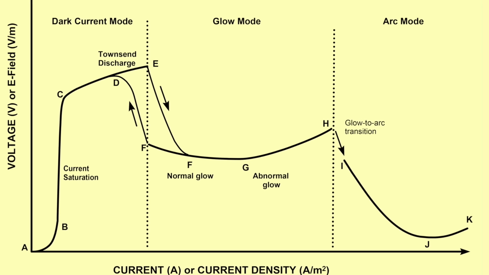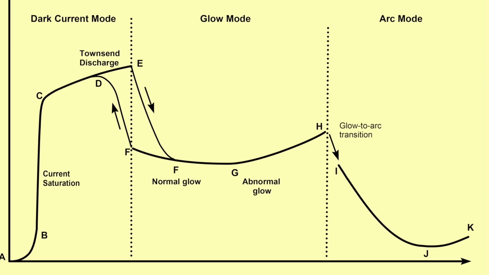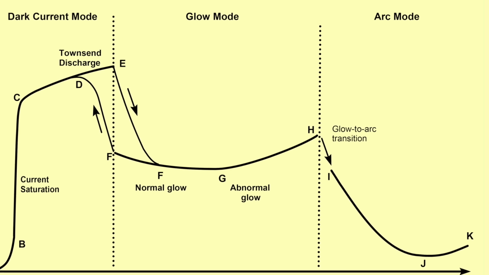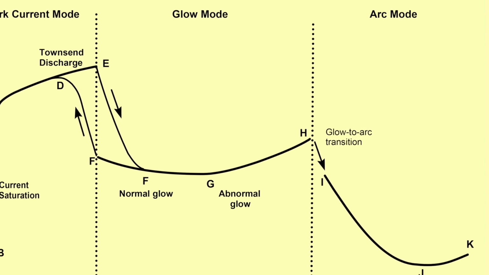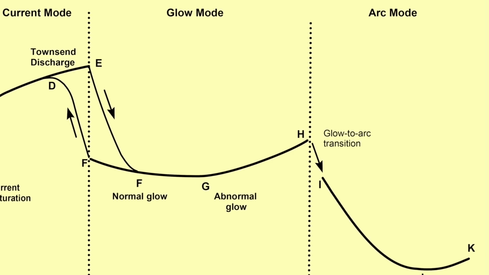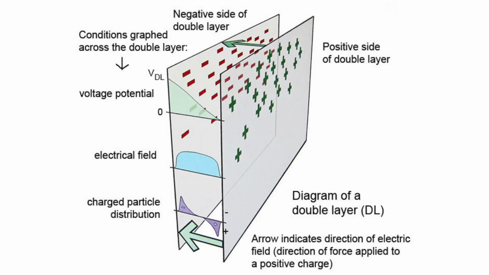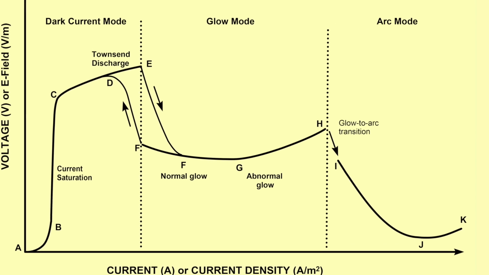But before we think about leaving the upper photosphere at point I and entering the lower corona at point H, we ought to note that this is one of the most important regions on the sun. The transition layer, sometimes called the chromosphere, the arc mode to glow mode transition, and for us it's points I to H, is the location of a major double layer that contains the largest voltage drop, the strongest electric field on the sun. Anyway, take a look at the glow to arc transition I to H on the figure.